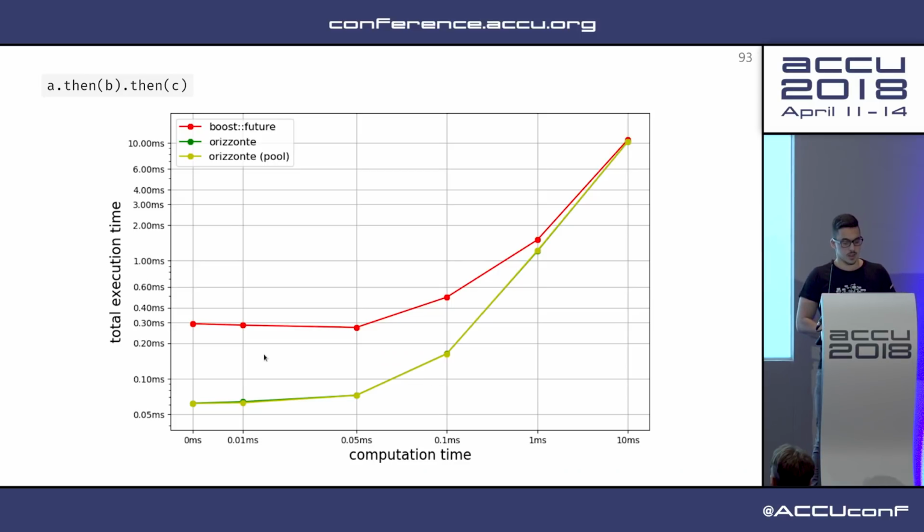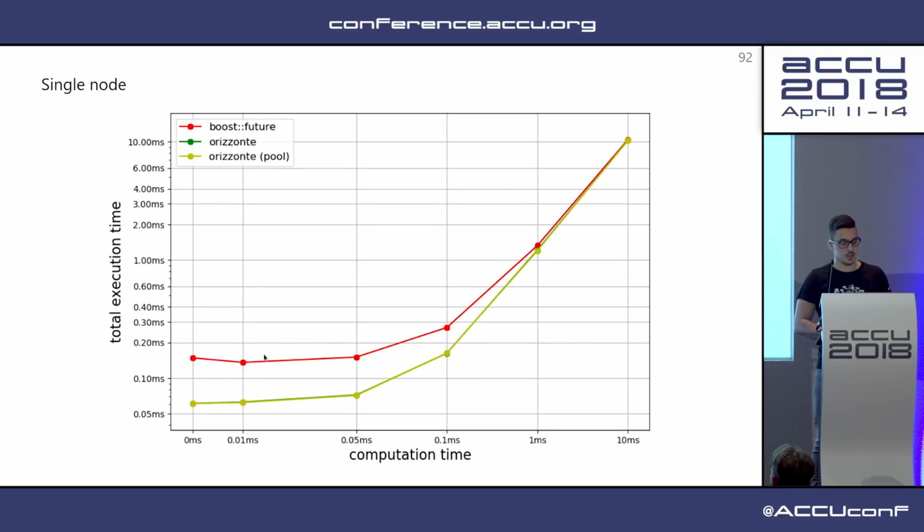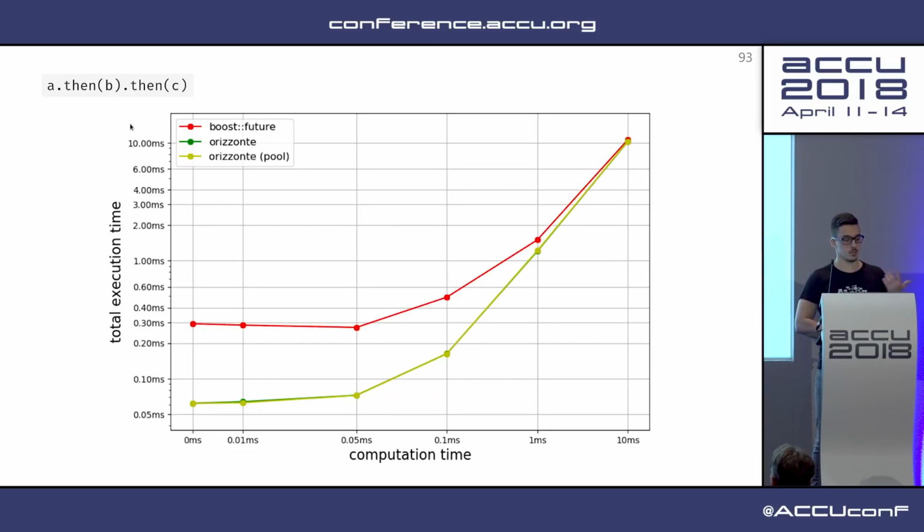Now, the interesting part is, if you keep adding continuations like .NA, .NB, .NC, then you can see that Boost Future scales linearly. So the more